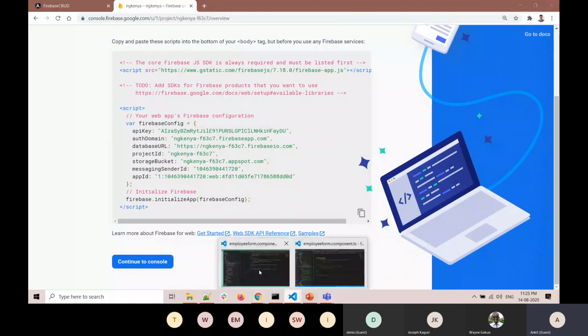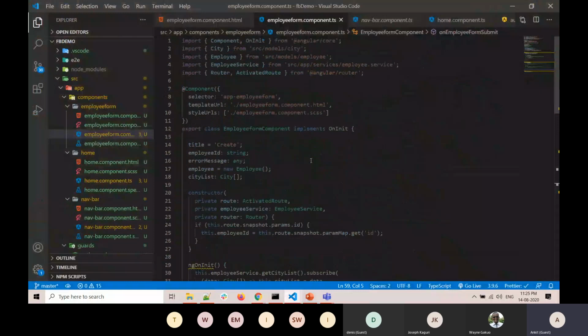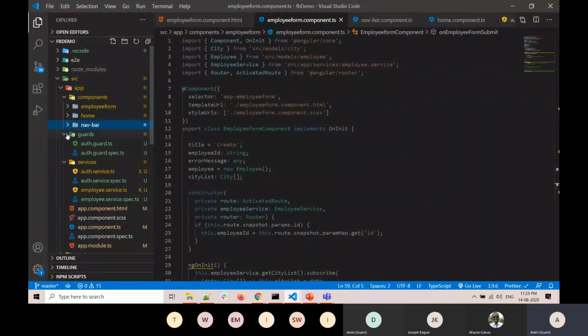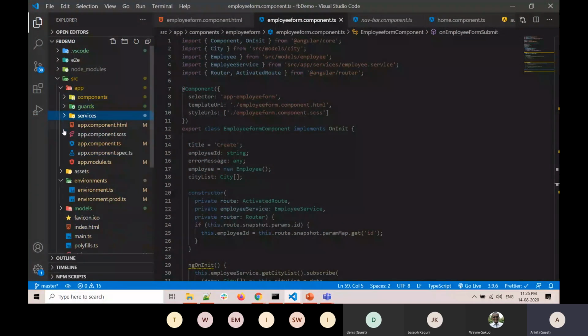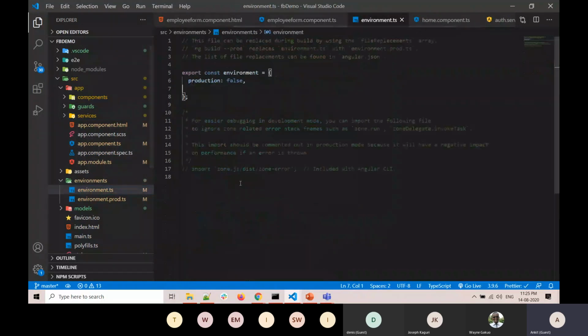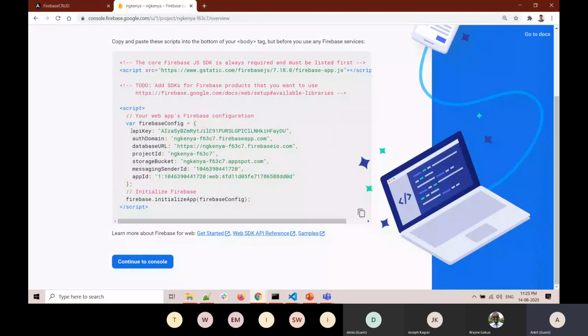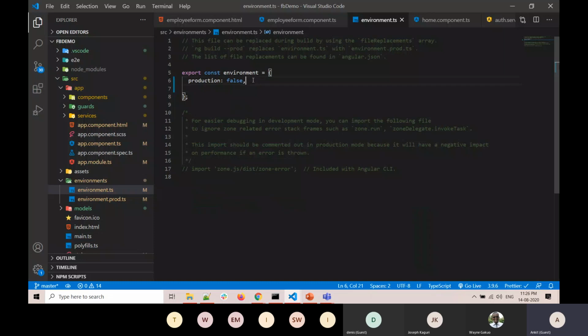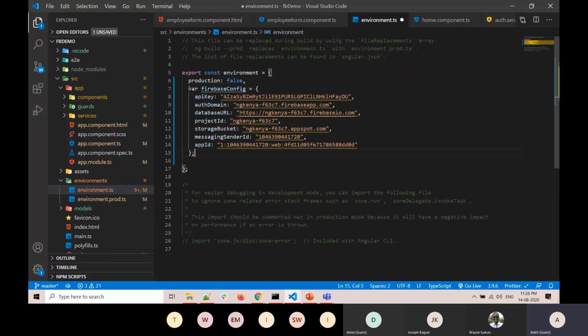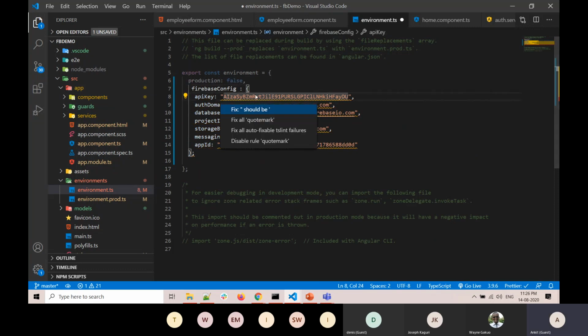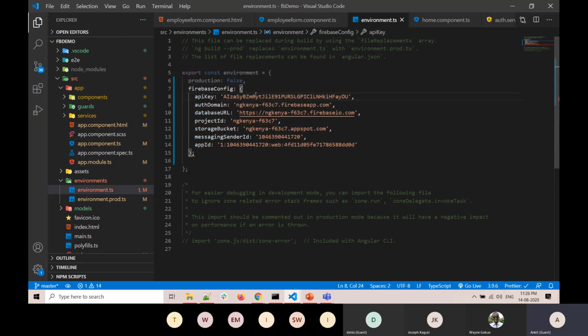Now I have already created an Angular application. This is an Angular 10 application which I have created. I have already created few components and all. So I'm going to give you a complete walkthrough of how things are working. But before that, let me show you one important point. So once I get this particular data, where should I put that? So let me copy this. You copy this data, and you have to go to your environment.ts file in your Angular application, and then here you have to put the data in a JSON format. And there are some lint errors. Let me fix this and save it.